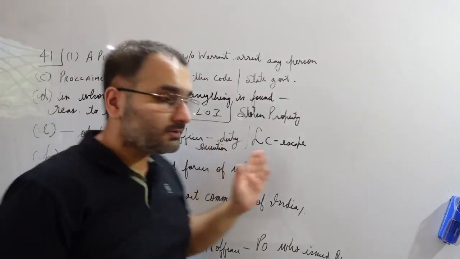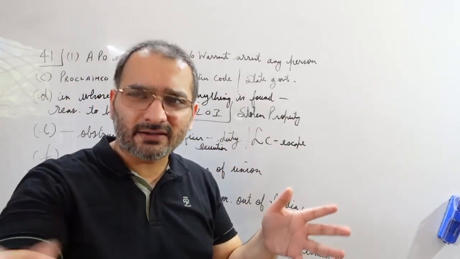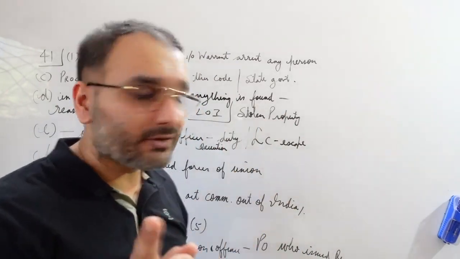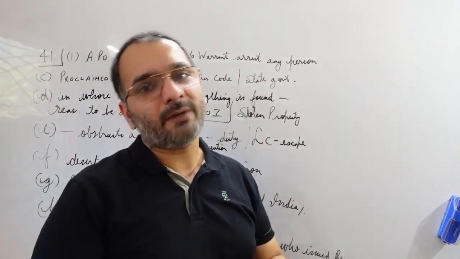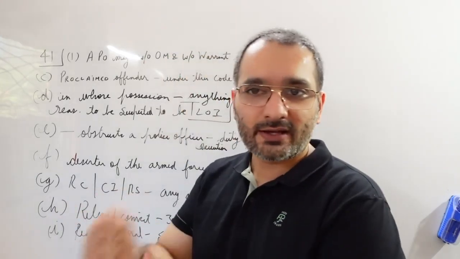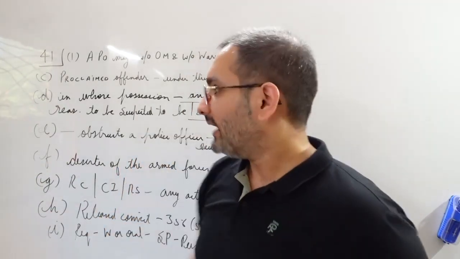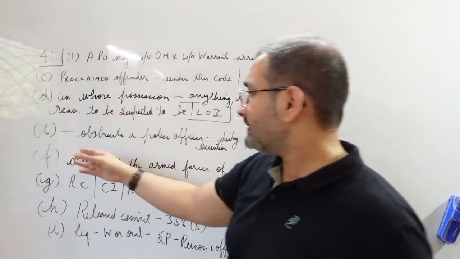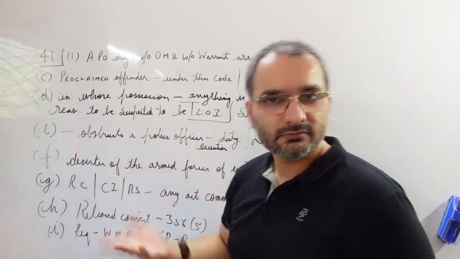Now, obstructs a police officer from executing his or her duty. Obviously, this is not one-to-one language from the Bare Act. I am only interested in right now just solidifying your concepts. Section you'll have to read. Okay? Or you are escaping from lawful custody. Then also, अब उसके अंदर let us say you obstruct a police officer जा रहा है पीछे, चोर के पीछे दौड़ते हुए जा रहा है उसको पकड़ने या अपनी इन्वेस्टिगेशन कर रहा है, और आप बीच में आके you give him a bear hug, मैं बता दूं तेरे को, and then you are like, अरे मैंने तो कोई cognizable offense किया ही नहीं, तुम मेरे को कैसे उठा सकते? 41(1) E. Section 41, subsection 1, clause E.